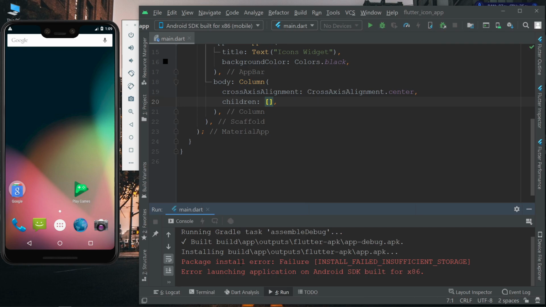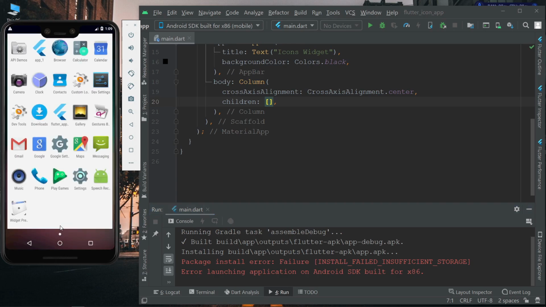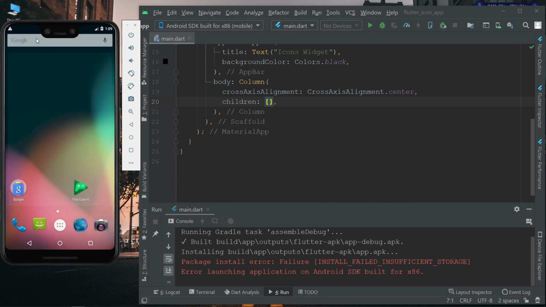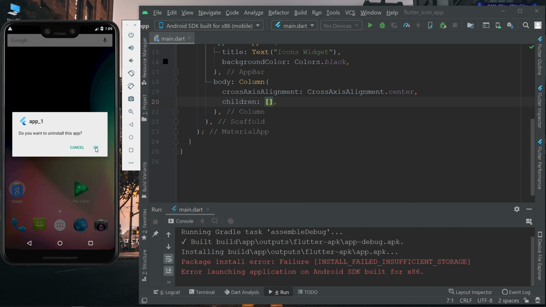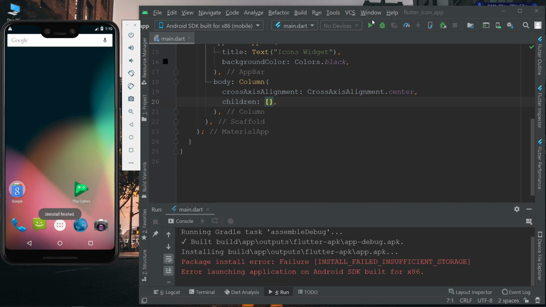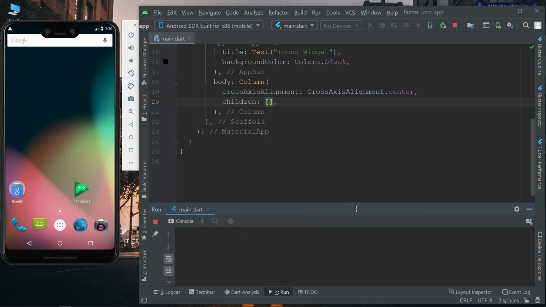There is some error due to insufficient space. So we will delete some apps, that is this app 1. Just run it again.